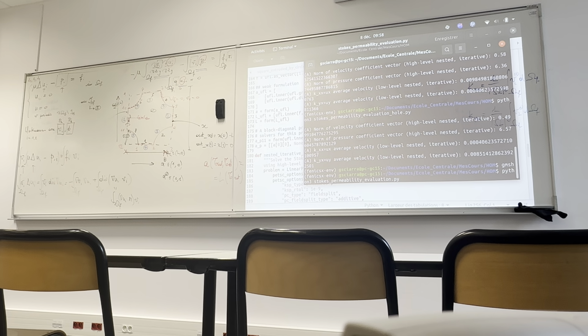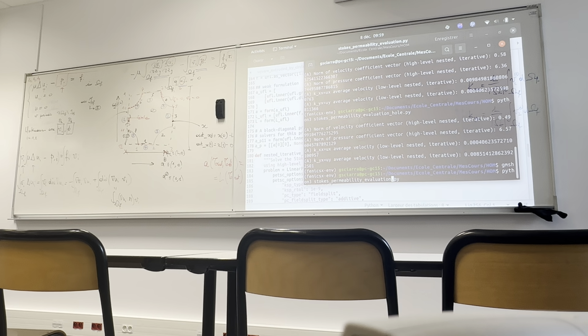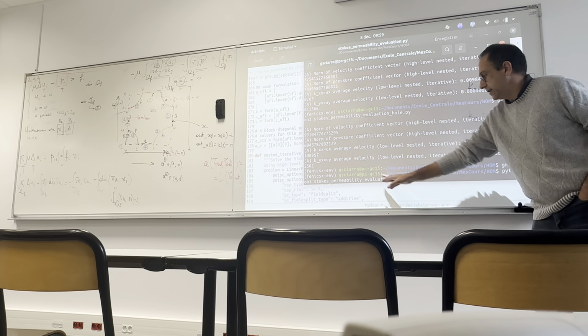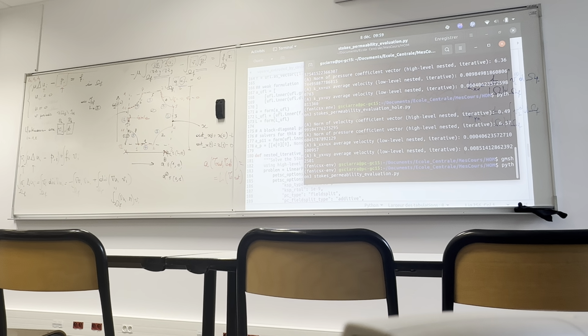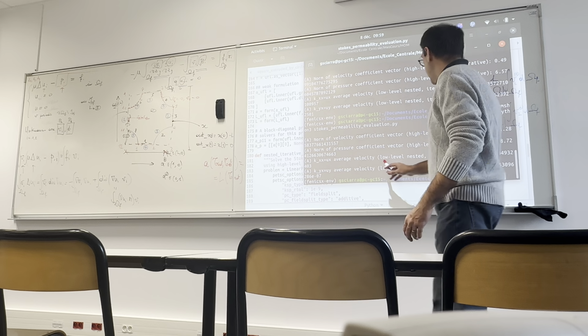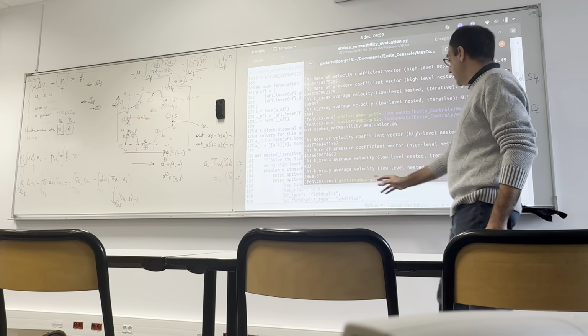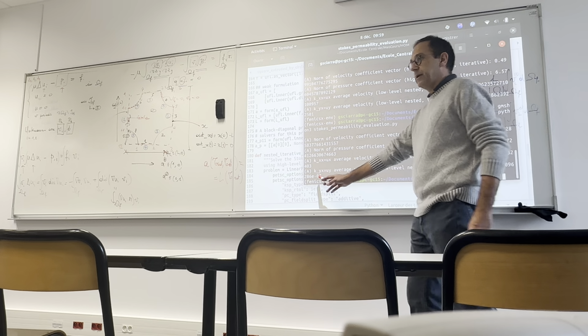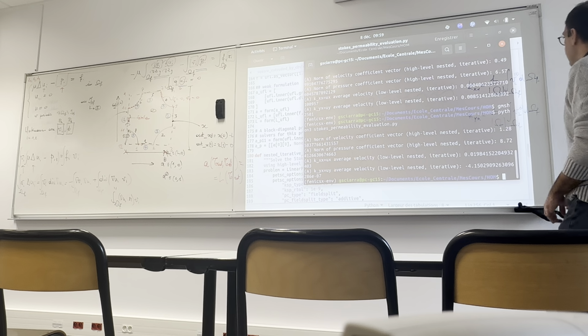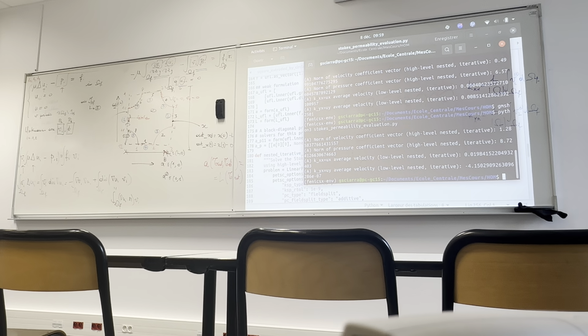So in the end, now the file is ready, and we just have to run the script. Python 3 is just the way to launch a Python file, and then the file itself. Okay, and so you see that it gives me the UX average velocity, which is 0.02, let's say, and the UY velocity, which is almost 0, 10 to the minus 7. So what we got is that this has a certain value and this is 0. We will come back on this